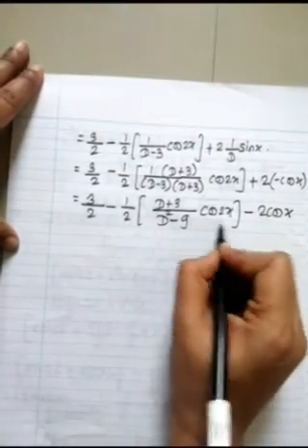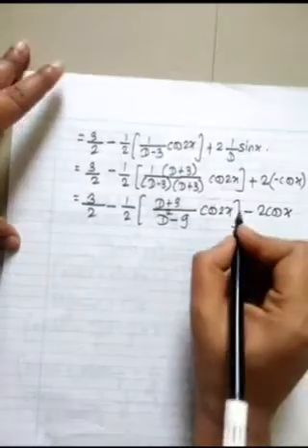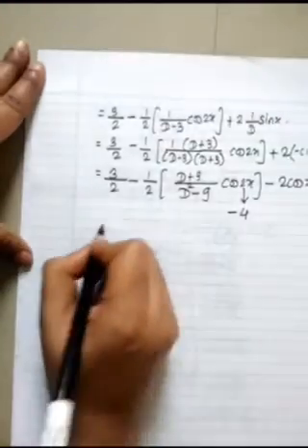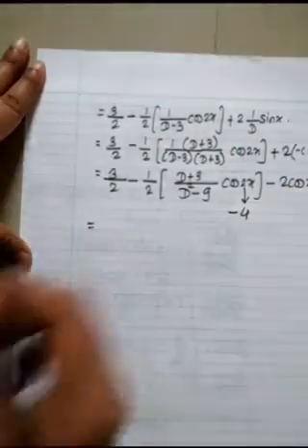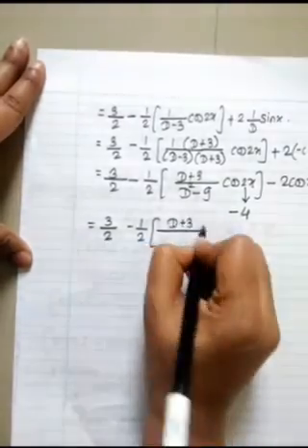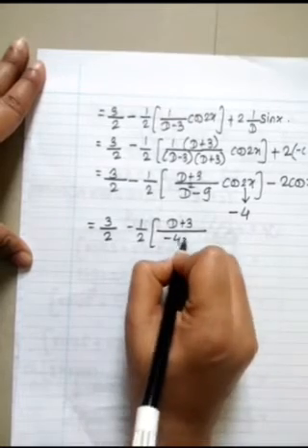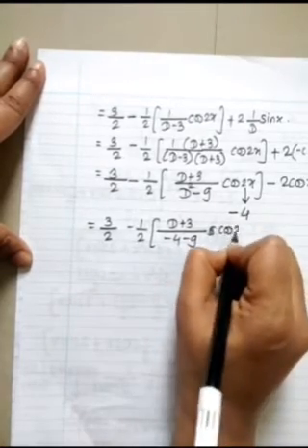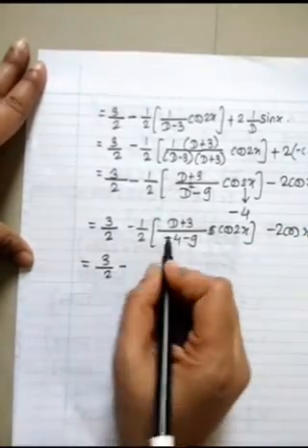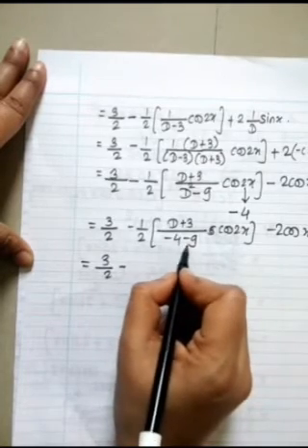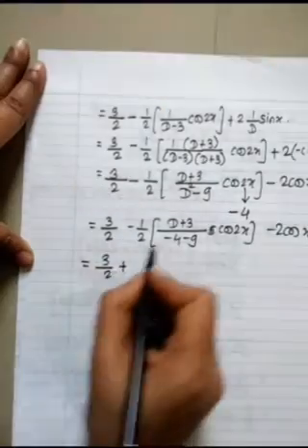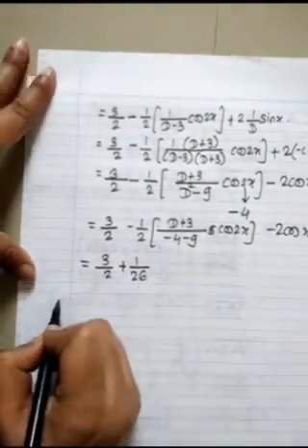Now here it is cos case and here it is d square. So we need not do anything right now. So we'll substitute, we'll square, give negative sign. This is finished, this is finished. So continue. 3 by 2 minus 1 by 2 into d plus 3 as it is. And d square is minus 4 now. Minus 4 minus 9 cos 2x minus 2 cos x. So it is 3 by 2 minus, okay, how much is this? Minus 13. Take it out. Minus minus plus 13 into 2, 26.